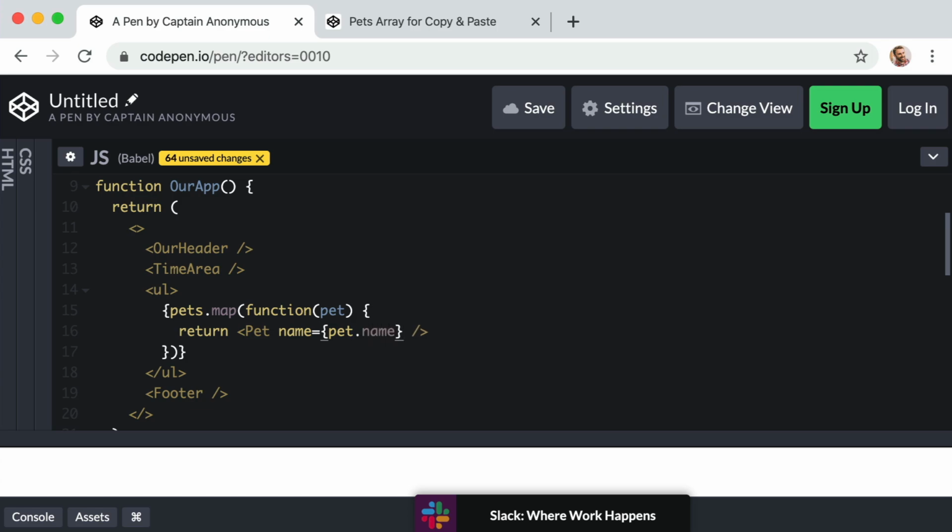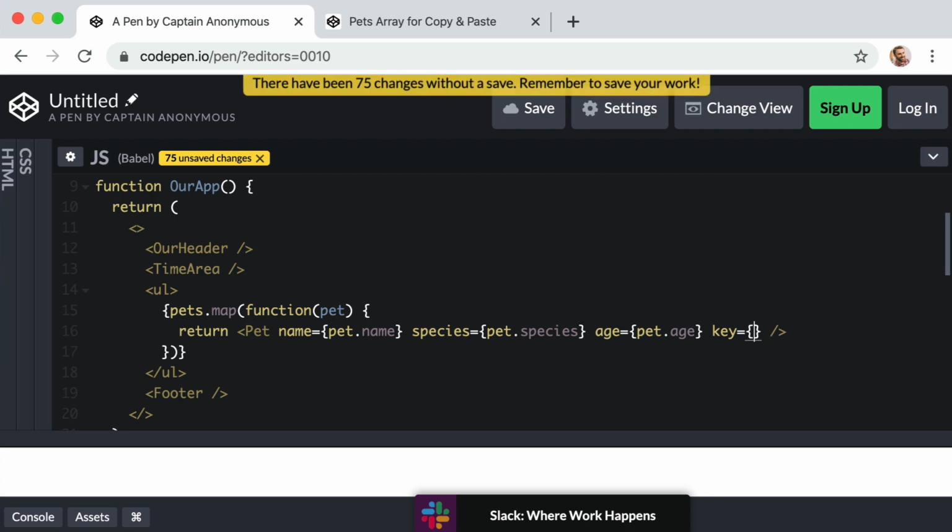And then we would want to give a prop of species for this component. So species equals, curly brackets, lowercase pet dot species. Let's give it a final prop of age. So age equals, curly brackets, lowercase pet dot age. And then finally, just for internal React performance reasons, we do want to include a prop named key. And let's set this to equal, curly brackets,